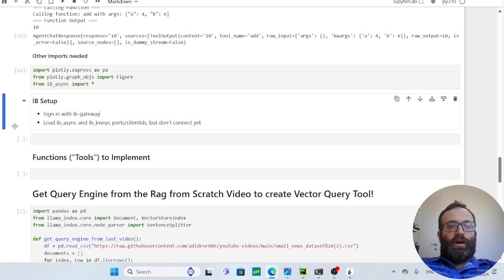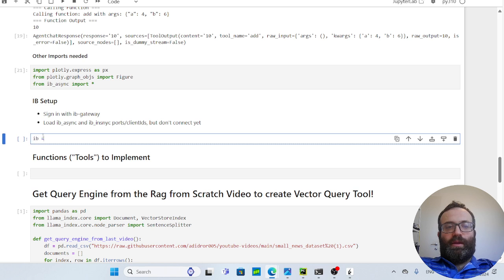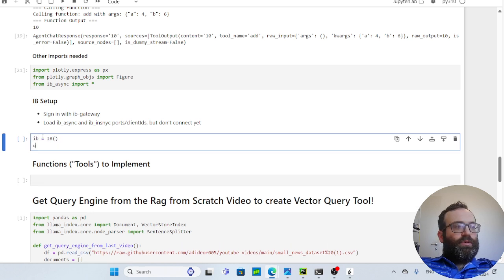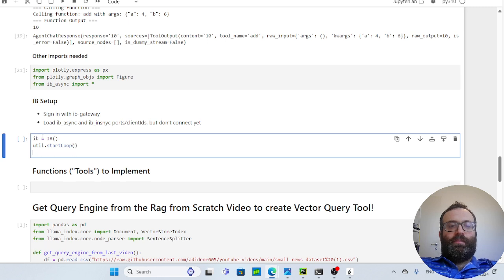Okay, so what do we have to do? We have to do IB equals IB. We have to do util.startLoop. This is because of the whole asyncio thing. This is nest asyncio for Jupyter notebooks, because you can't have an event loop within an event loop. Anyways,